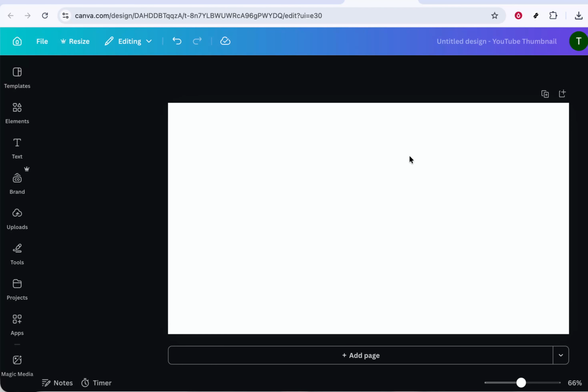Click to select it, confirm that the bounding box appears, and then click the trash icon in the toolbar. This quick method keeps your design clean, focused, and free of distractions, helping you create exactly the look you're